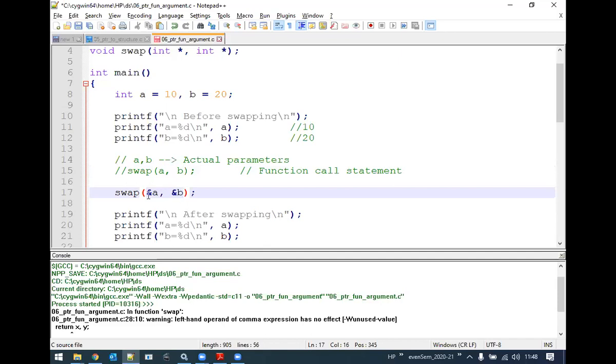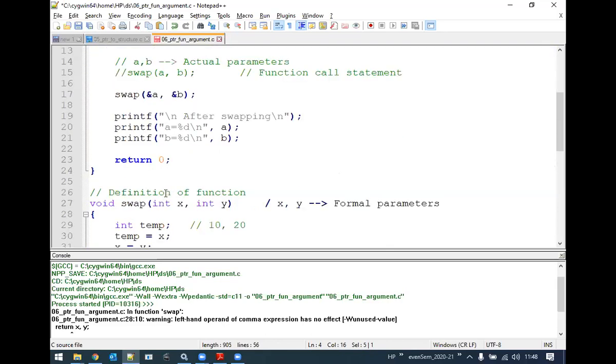Okay, now the address of A I am passing. Is it matching with the prototype we have written? See, this is the address of A. So addresses can be stored where? Addresses can be stored in a pointer. Yes, the parameters we have defined as part of the declaration of the pointer or the function hold good here. Okay, then next we will come to its definition.